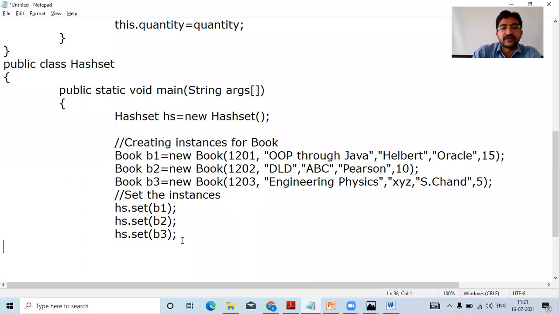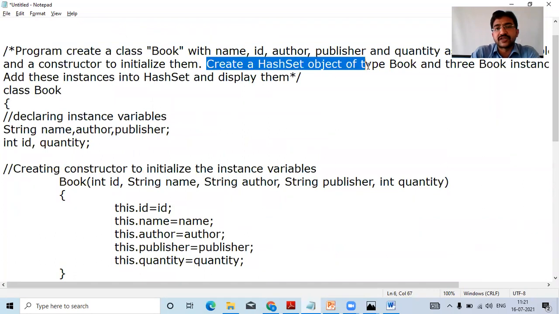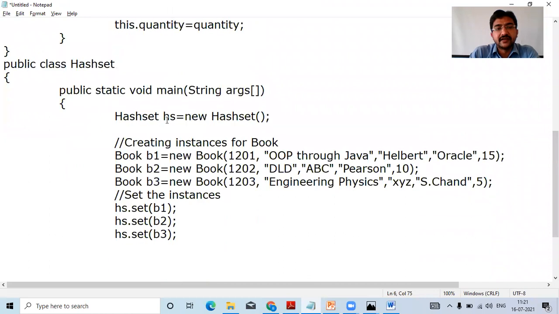Now, what are we doing here? As per the program aim, create a hash set object of type Book. What type of hash set are we creating here? We don't have to create string, integer, or maybe float. We need to create an object of type Book, because it consists of integer and string also.